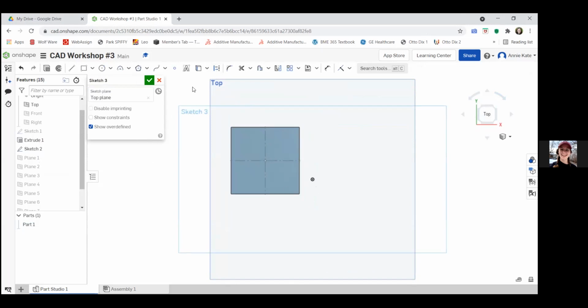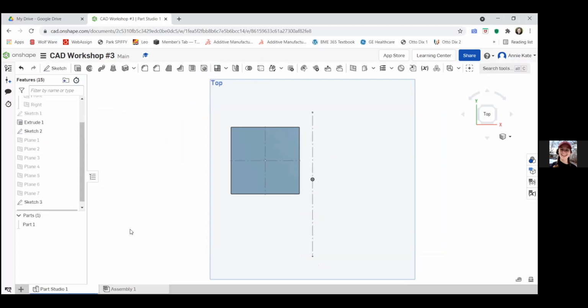And remember, we're using reference geometry here. So we go and we click our construction icon first before we pick our line. And I'm just going to be really particular and put it through my origin, but you do not have to do that. And once I'm done, I click the check mark. Okay, so